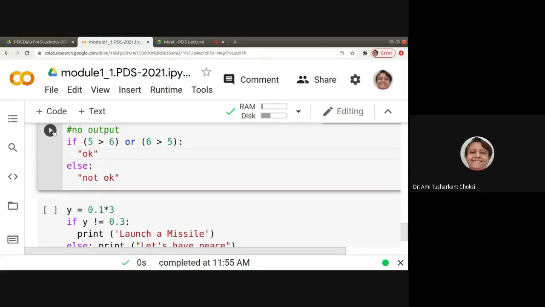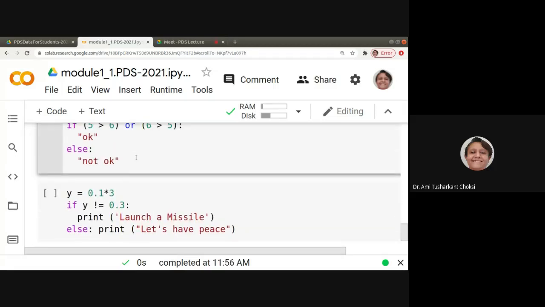Let me run and show you. Is it giving me any output? No, it is not giving me any output. It will give me output only if I write it as print okay. But it is not giving me any error. That is also important. If I write it as this, that is print, this way,